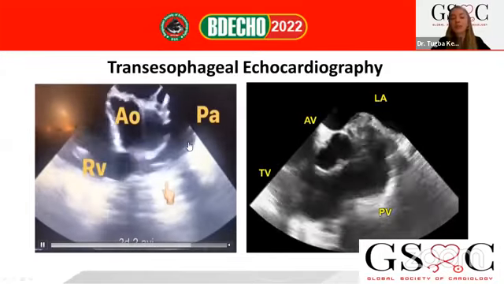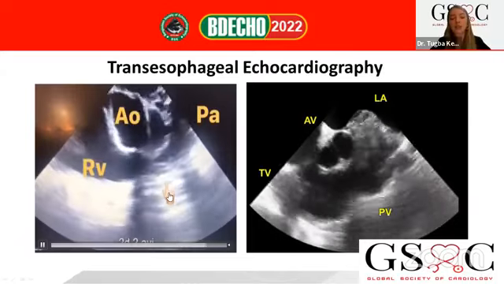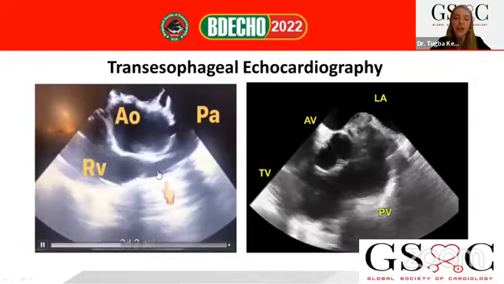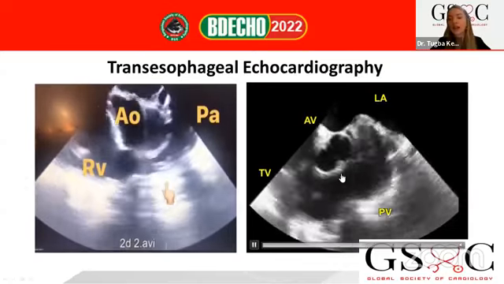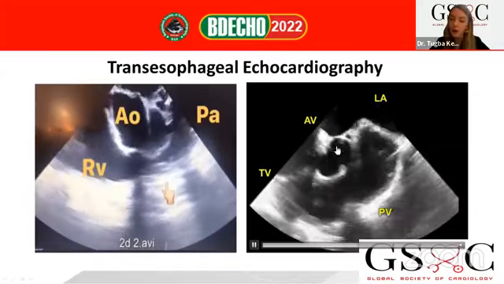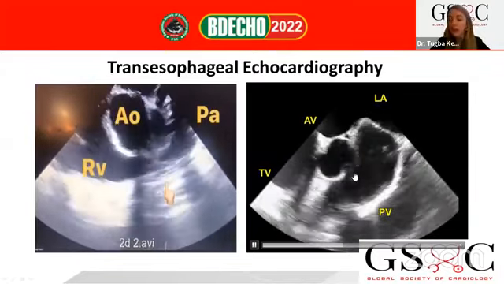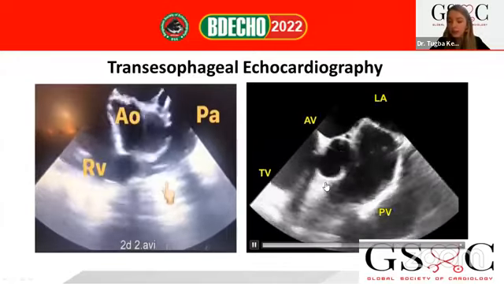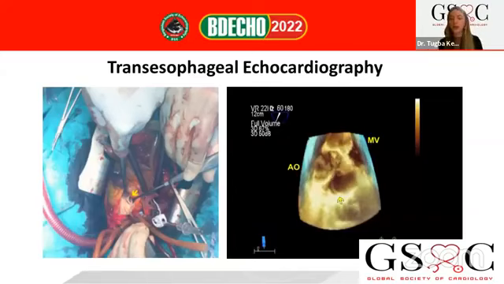On the left side, you see a patient who underwent the Ross procedure when he was a child, and after many years, it was a degenerative Ross conduit. And on the right side, there was a patient with a bicuspid aortic leaflet here, but I couldn't understand what the pulmonary valve was. There was something strange here, but I couldn't understand it when I used 2D. Then I obtained an en face view of the pulmonary valve.